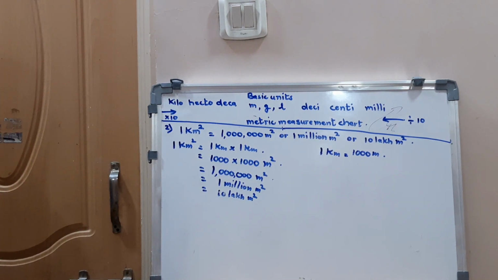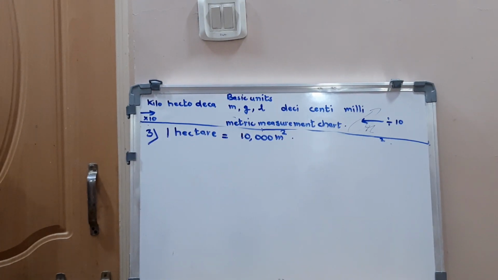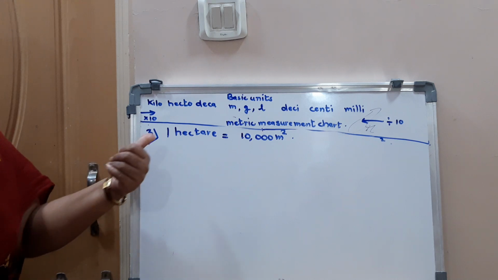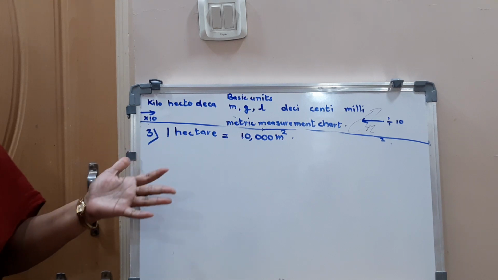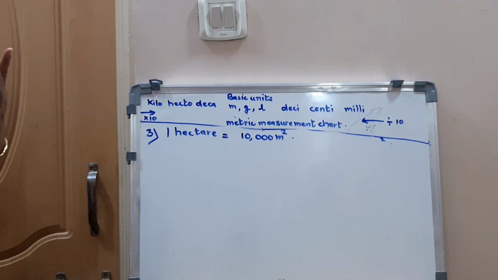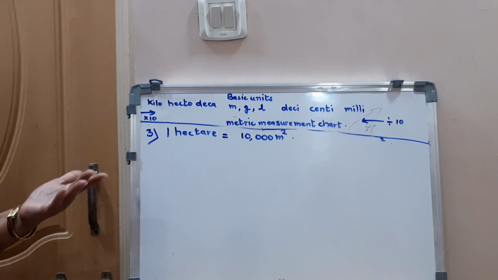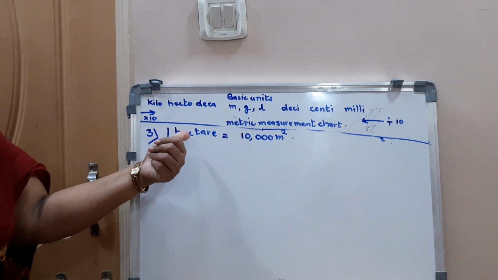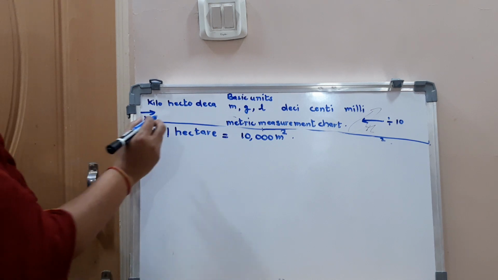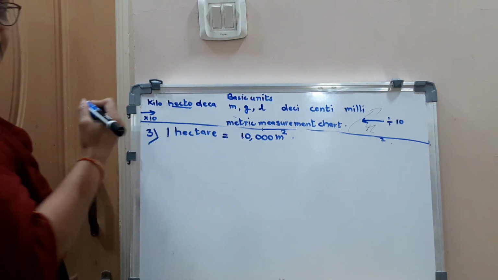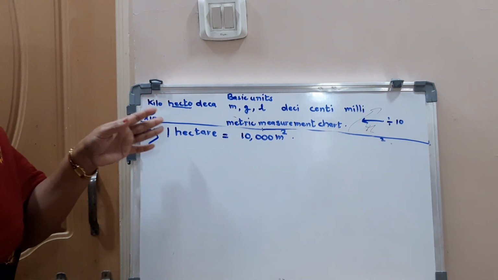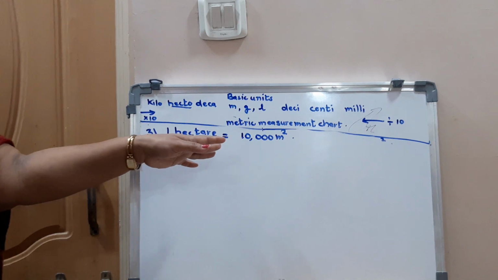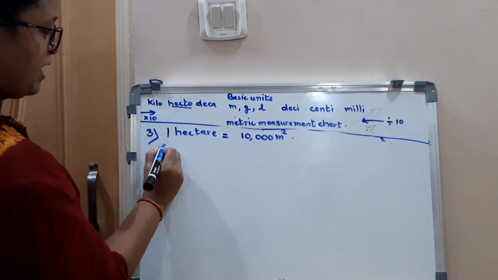Now the second relationship we will set up of hectare and meter square. Now you know that hectare is the biggest unit of area, where area of the field, area of the state, area of the country can be calculated with this hectare. This hectare is nothing but the hectometer which is used in the metric measurement chart. So what is the placement of this hectometer with the meter square? That we will see.